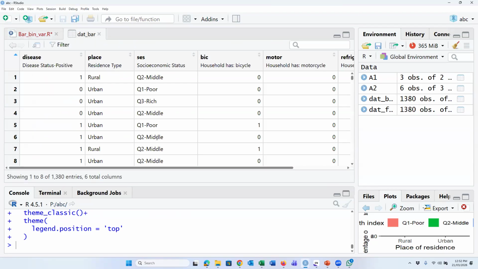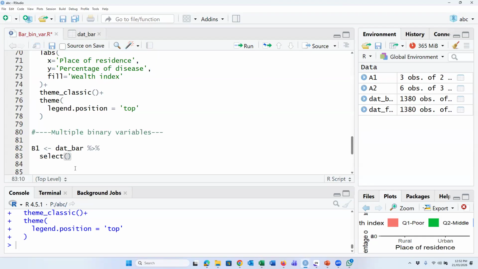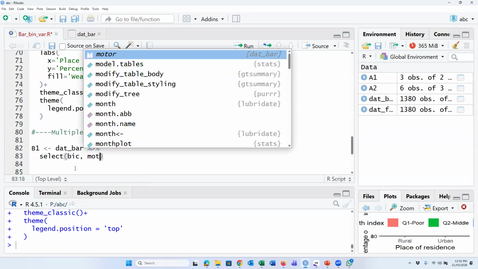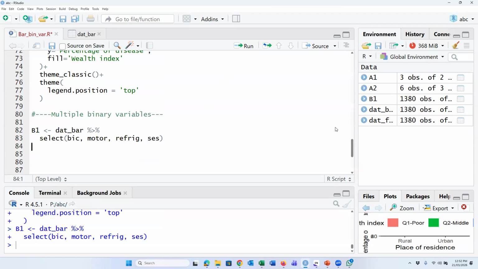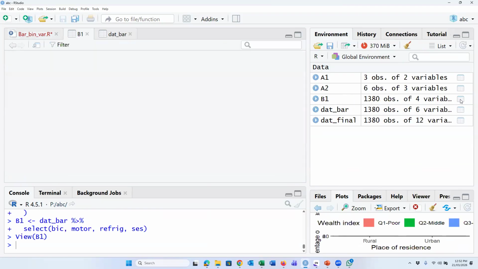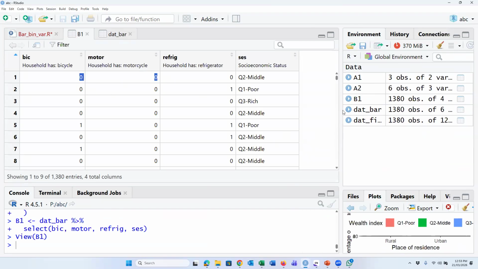We will select some multiple binary variables, for example, asset: bike, motor, refrigerator. And one categorical variable like ACS. So if we select here B1, four variables: three binary variables and one categorical variable.